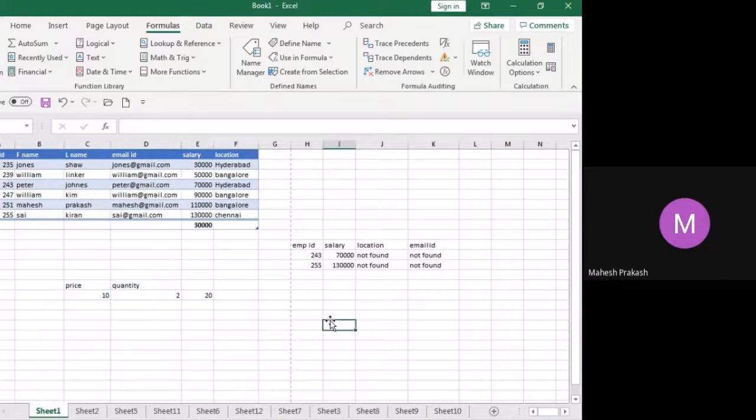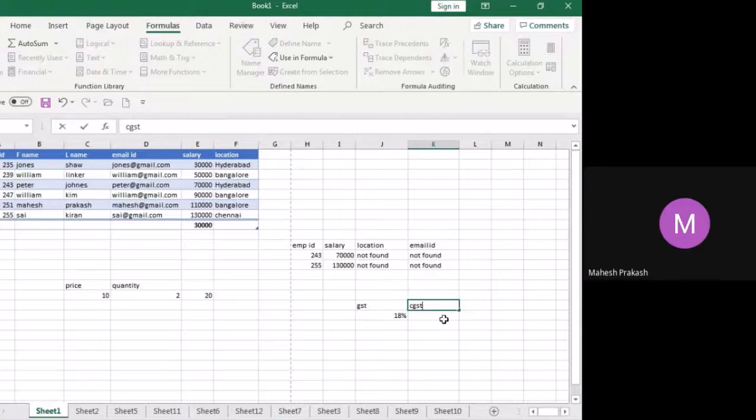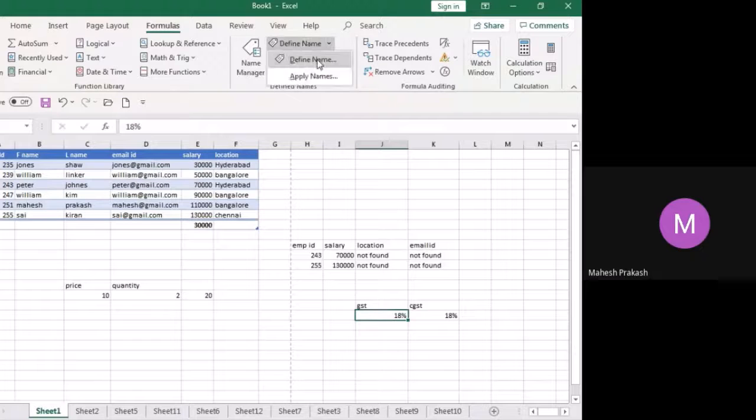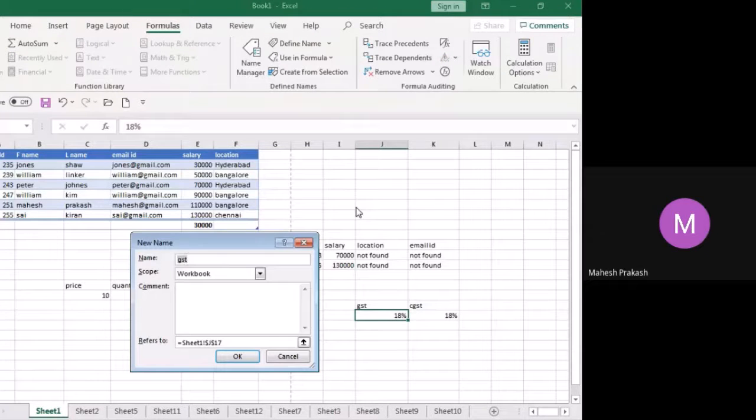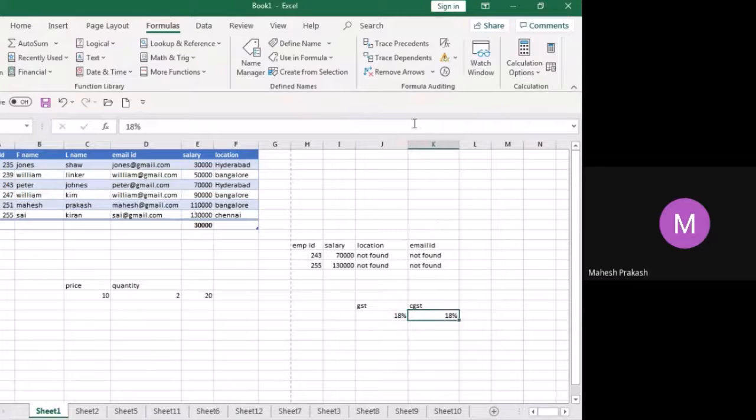This will be useful if you are calculating something like GST, and GST will be fixed. It is 18%. Now it is never going to be changed. For some value, CGST will be something like 18%. Now these values in the table are never going to change. At that time, you can name this as GST and this as CGST.